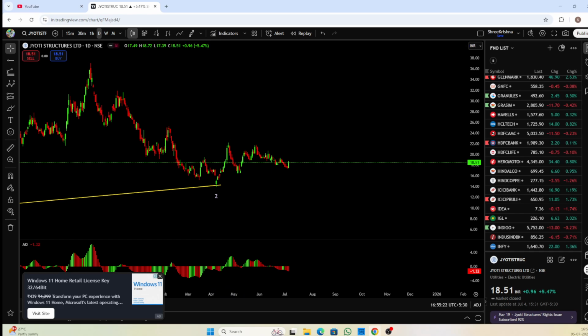Okay, let me take the pen. Of course people who put the money in are really worried, wondering what is happening. This is basically an impulse. Then it made a B, and it is making a C. It has already made a C. It is a running flat. Running flat in the sense,